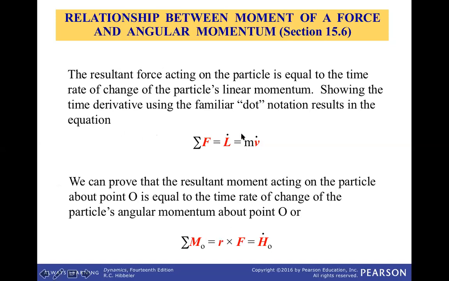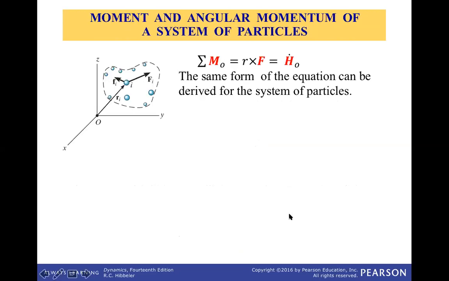This is what we have when we talk about linear momentum. The change of linear momentum, or its time derivative, is equal to the overall force on the object. In this case, when we are talking about angular momentum, we'll be looking at the moment of the force about the axis point O, which is equal to r cross F. The magnitude will be r F sine theta, so it depends on r, F, and also theta.